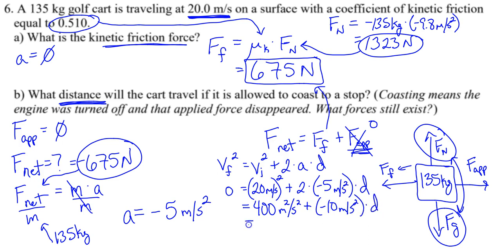So if we subtract the 400 from both sides, negative 400 equals negative 10d. I dropped the units just to save a little bit of time. Divide both sides by negative 10. So the distance is equal to